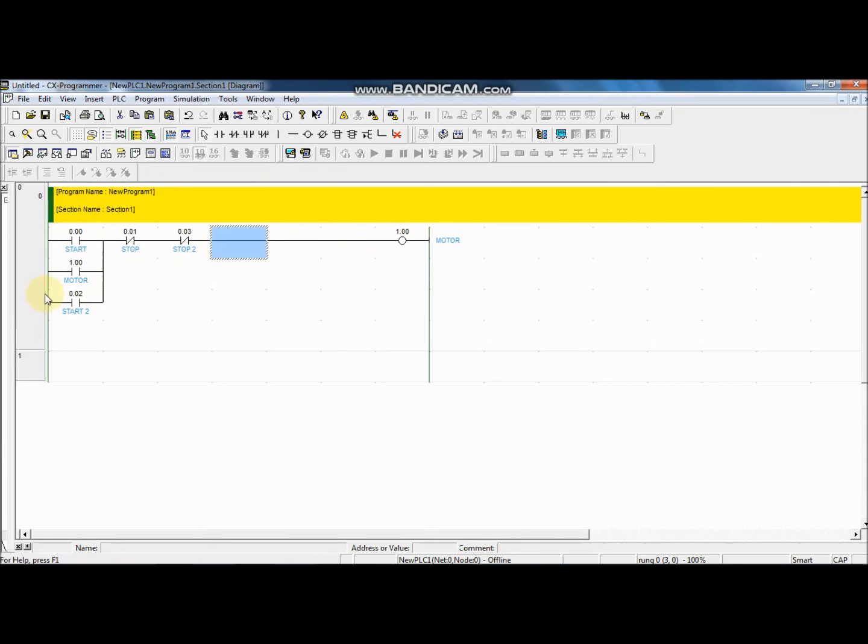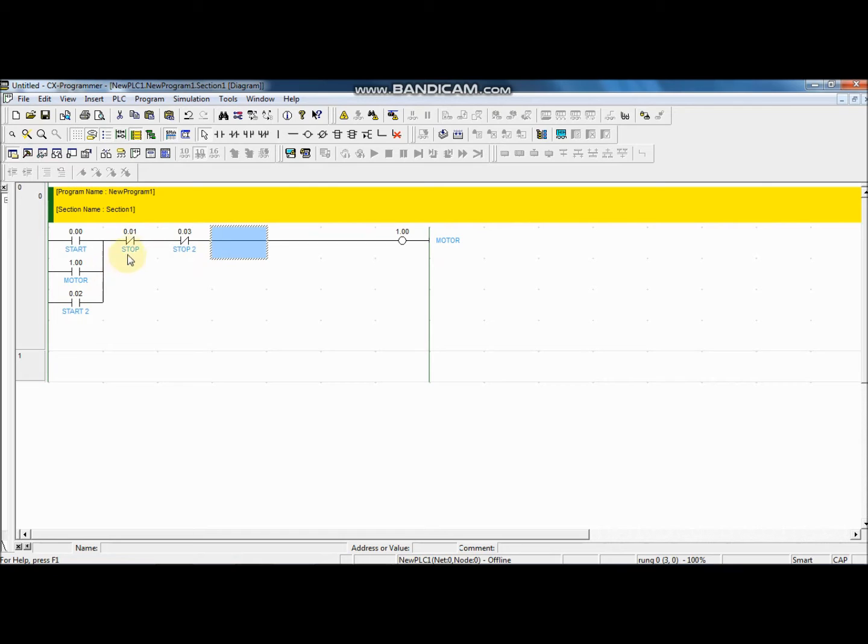From this ladder diagram, to start the motor, whichever one of the starts can be triggered to energize the motor, either 0.00 or 0.02, either start or start 2. It is the same with the stop.